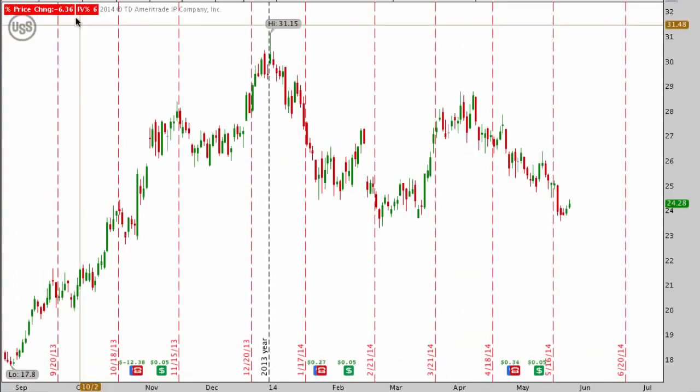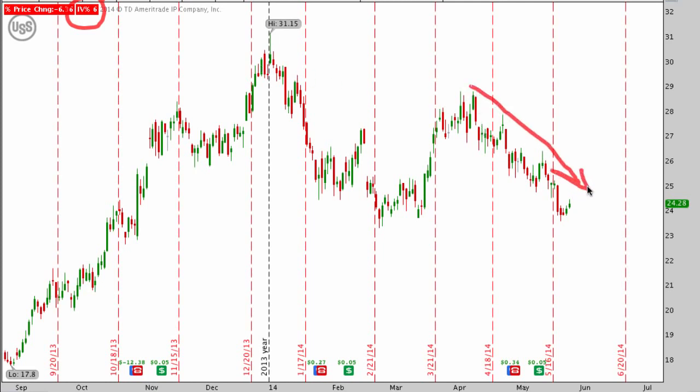Now, this is a low volatility trade. Volatility is very low in US Steel. It's down at the 6th percentile, but you can see that it's had a really tough run the last couple of weeks. And so what we're hoping is that it's found kind of a base here around 24, and we could see a nice little rally between now and then. So it's already started to rally off the bottom, which is great,